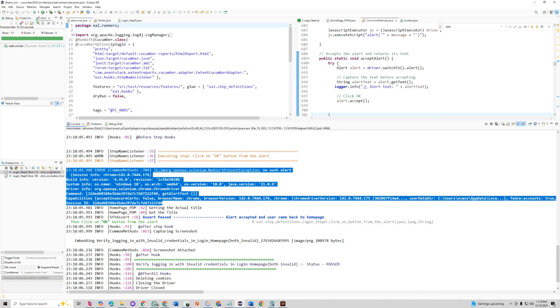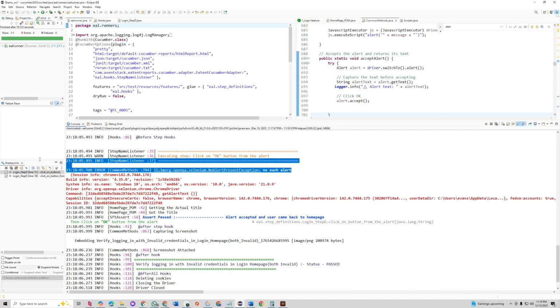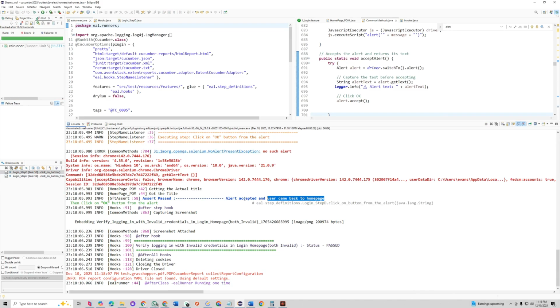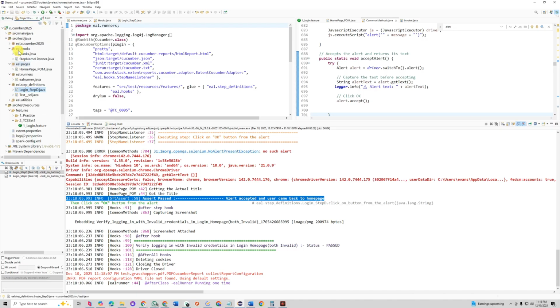So browser name, this one, no such alert. Simple, no other extra error, but it is passed because it came back to the home page and handled the alert. So now if you check the final result here in the result page,